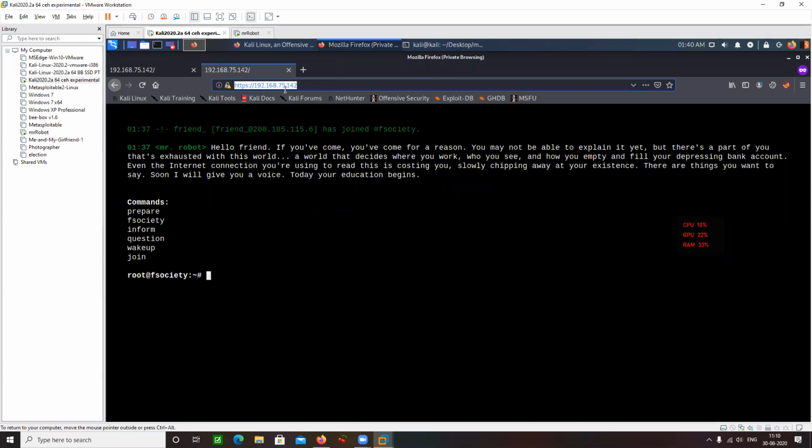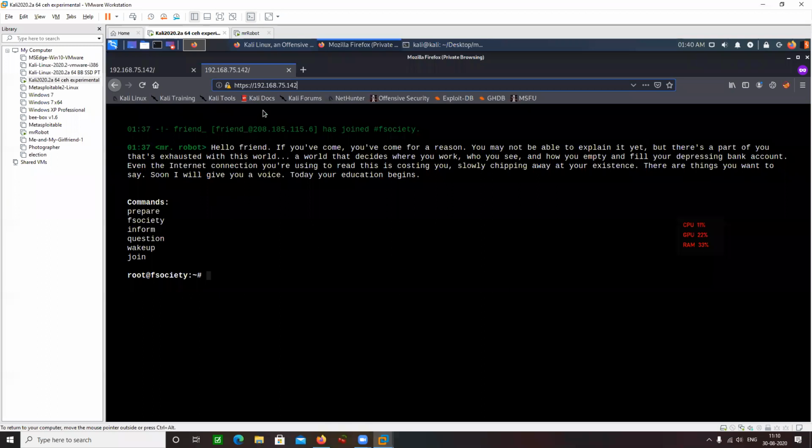Let's get back here. Generally Mr. Robot is going to work perfectly fine with VirtualBox. Whatever machines you download from Vulnhub, 90% of those machines are going to work with VirtualBox. So I would suggest you go for VirtualBox, because in VMware you need to configure them in a specific manner.